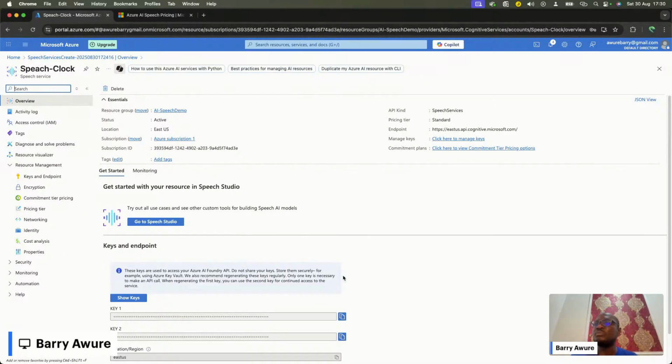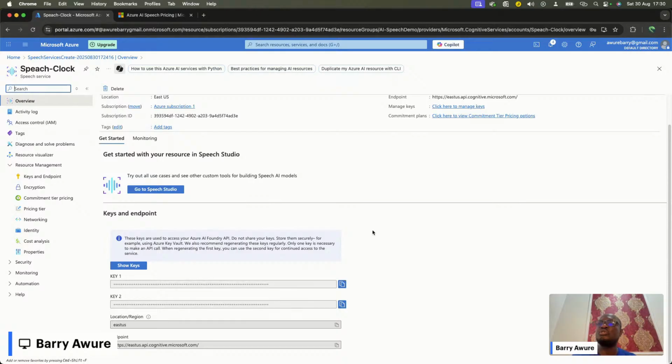So what do I need from here to be able to integrate this to my application that's sitting on my laptop or sitting in whatever cloud that I have my codes on? All I need from here for now is just to copy these keys. I need to remember we said our speech config requires two things. One is the key and another is the location. So I'm copying my key right now.